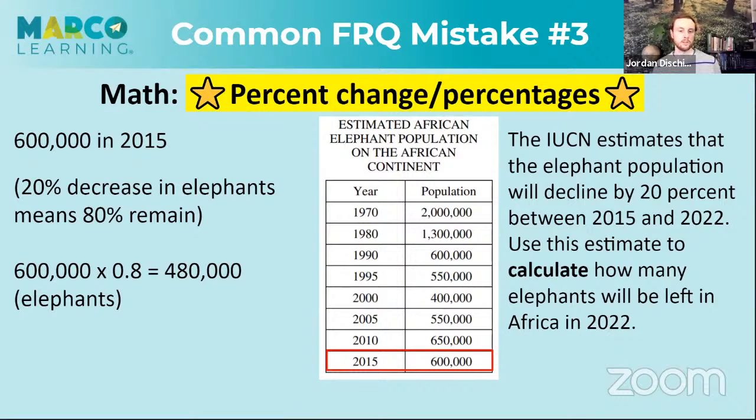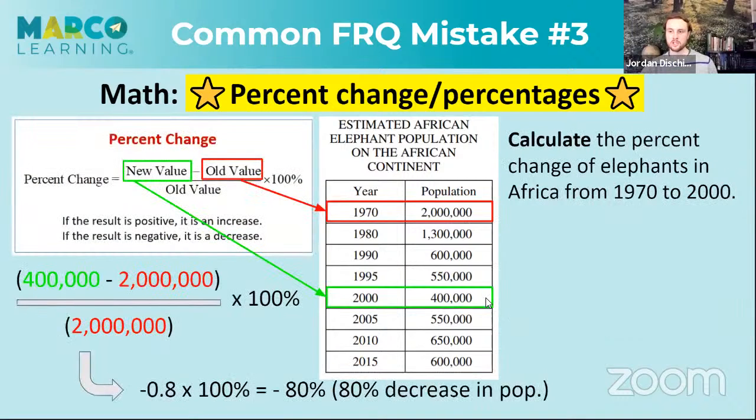And so multiplying 600,000 by 0.8 tells us 480. And then we should also throw units on there at the end. So there's our unit. So again, highly recommend practicing percent change and just percentages. It seems to be very likely that these will be on the exam in terms of the types of math